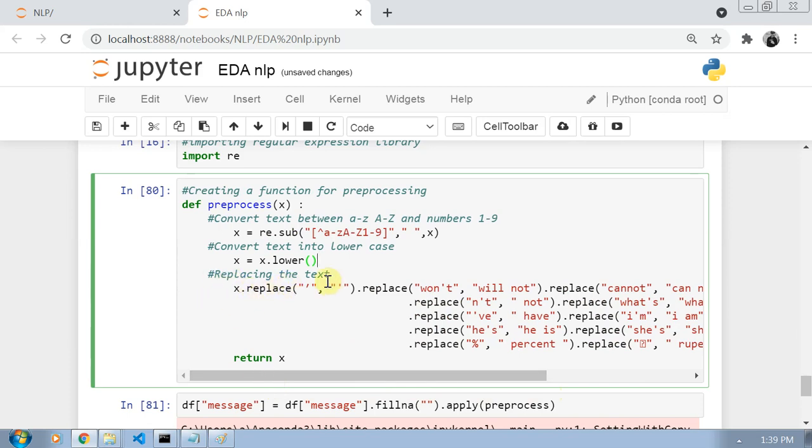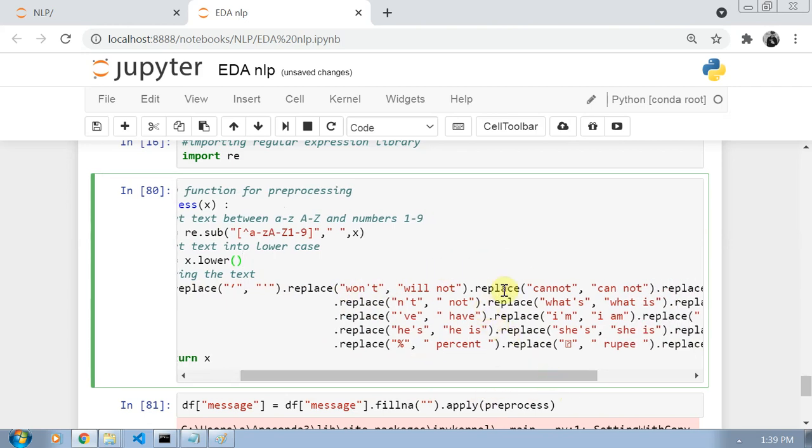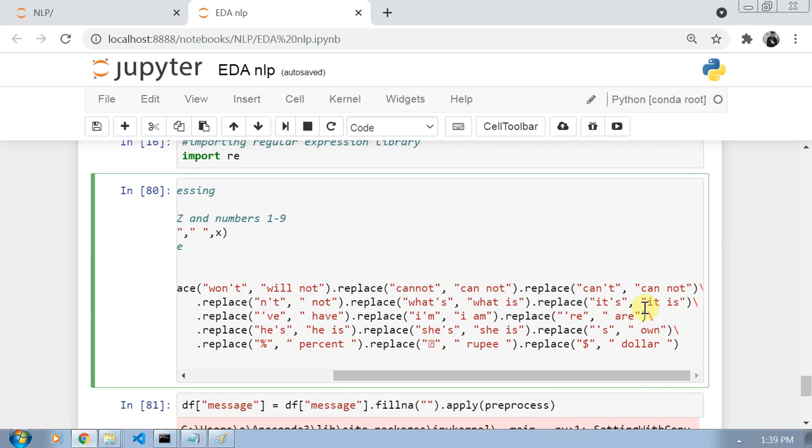I will replace certain things like single quotes, won't into will not, and can't into cannot.